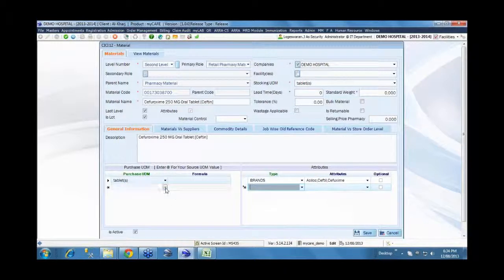You need not go and create it. It will be the same material code, hyphen the brand code, hyphen the size code. So it will automatically assign a unique material code.